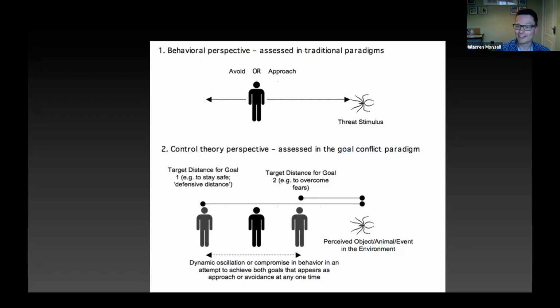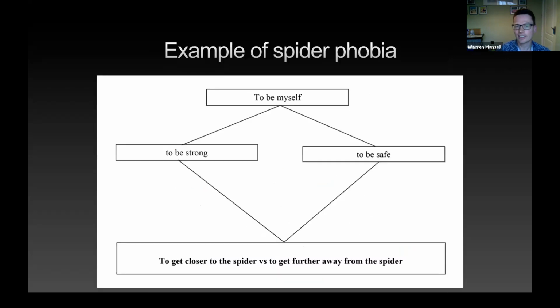They've got a reference value to get further away from it, to keep safe, but they've also got a reference value to get closer so that they can overcome their fears, be a strong person, go into the places that they need to go into. And what we see as approach avoidance is just the emergent actions that happen because they're in conflict about their perceptual reference points. So how can we, and this is a kind of really simplified rubric of that,